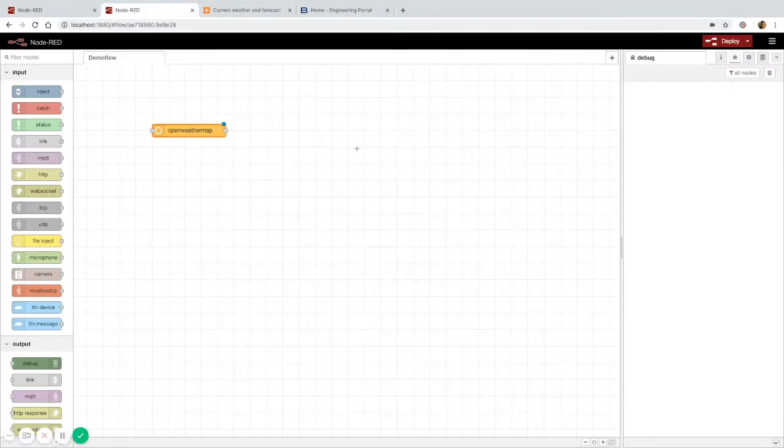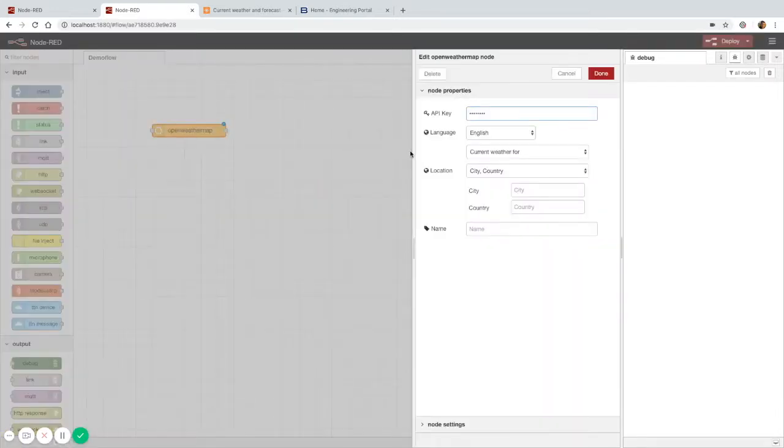So if we go back to Node-RED, there is a node which I pre-installed to my palette to call the OpenWeather map API. If you go to the configuration, there is an API key which you will be able to get on the OpenWeather app website. You have to put it here. You have to choose in which language you'd like to get the current weather information, and you can choose among different possibilities. So for this example, we're going to use English, and we can choose what information we'd like to